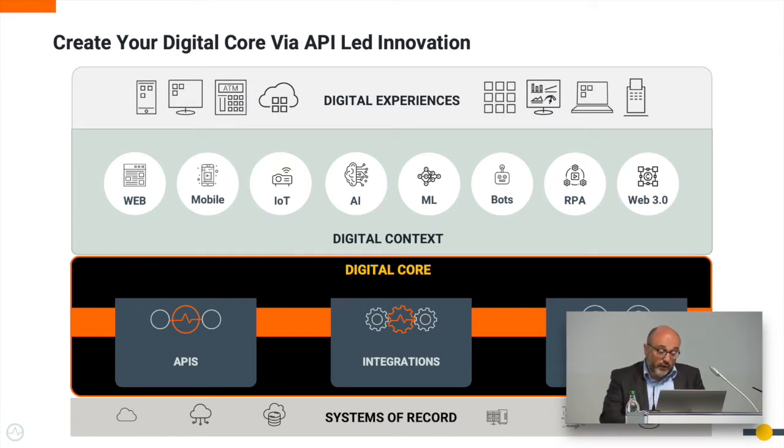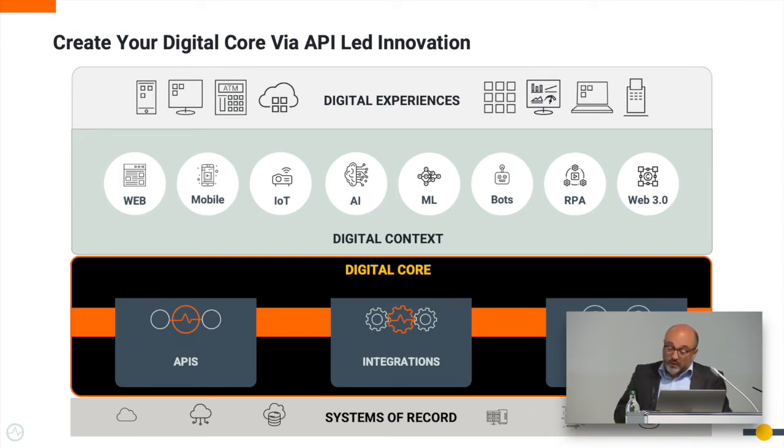The digital core, in our vision, is based on APIs, integration, and identities. These three components help to create the digital context. Once you have the digital core in place, it's easier to create the digital context.